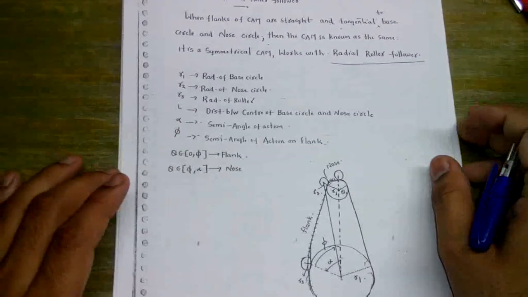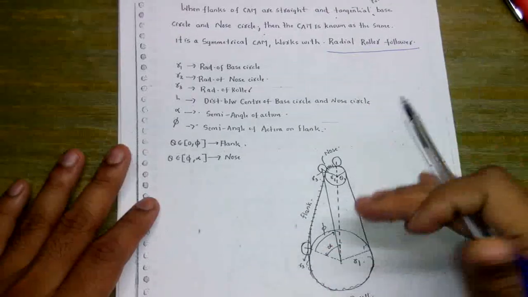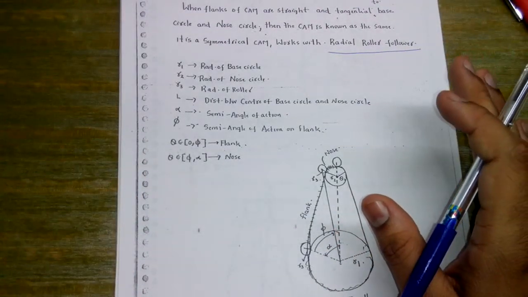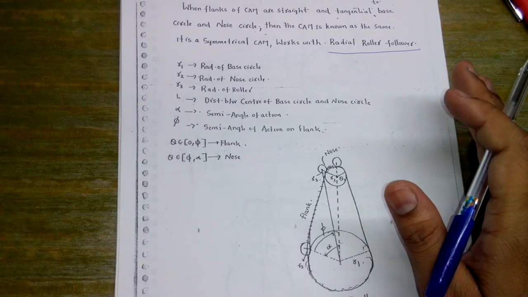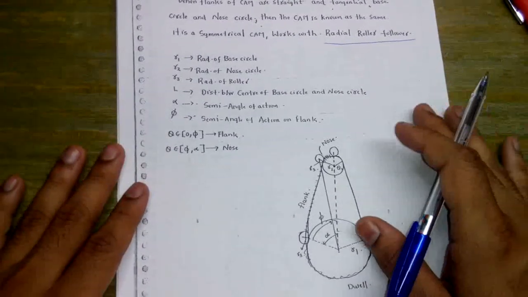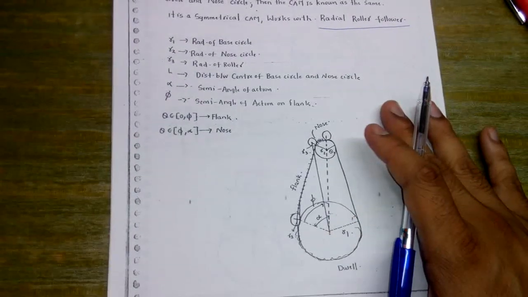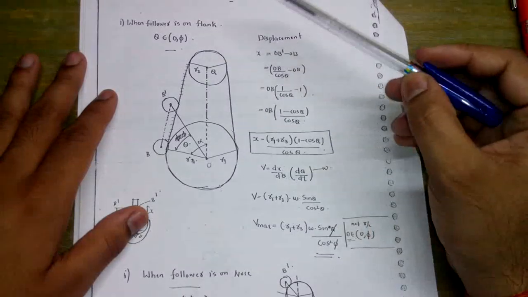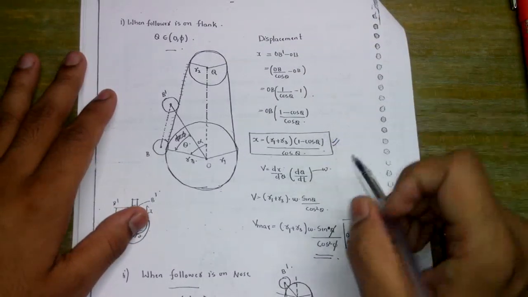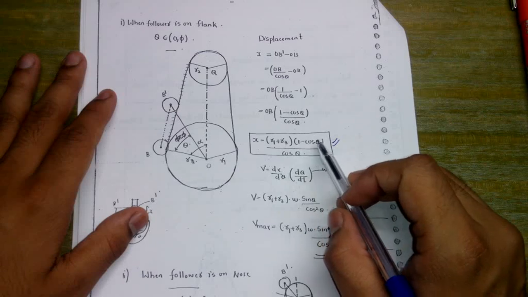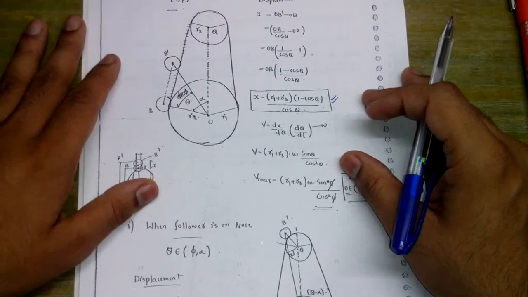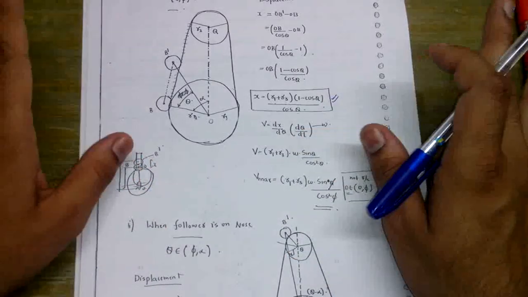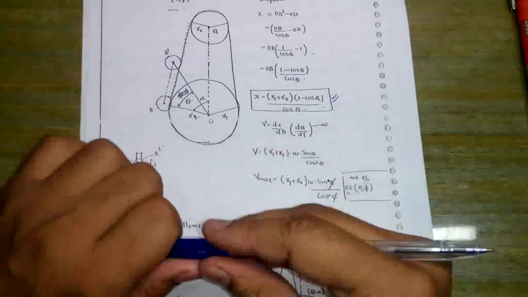Now in these types of portions, we will mainly mug up the formulas, because it has been predicted that only direct formula-based questions will be asked from this topic. The first case is when the follower is on the flank, so the displacement is simply (R1 + R3) into (1 - cos theta) upon cos theta. We simply have to note down these formulas and solve the problems, because only directly formula-based